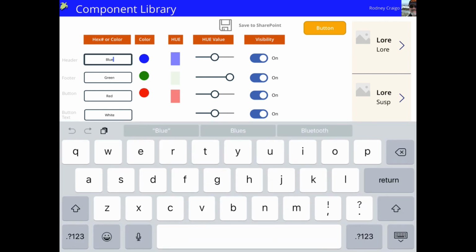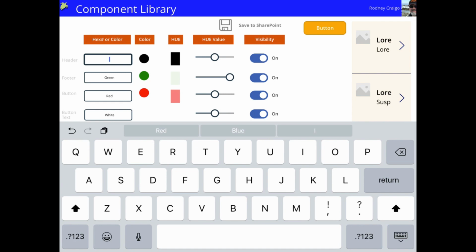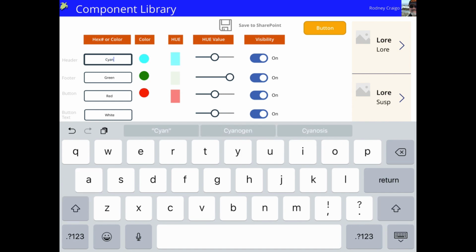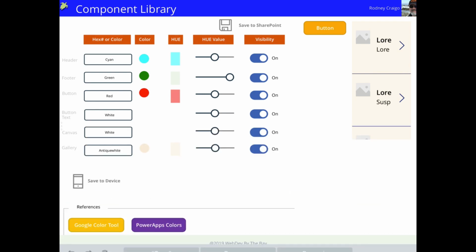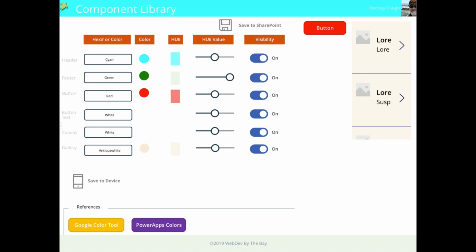But first, I'm going to save the blue. I'm going to change that to, let's go cayenne. Cyan, how do you pronounce that? And I will save these settings to SharePoint. And there's my header component that's changed. Now I'm going to show you